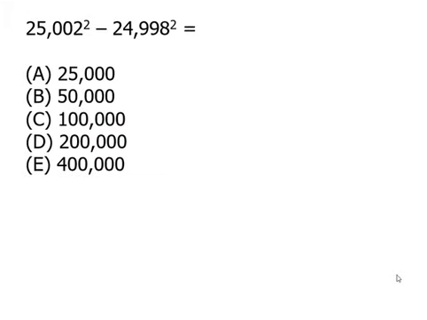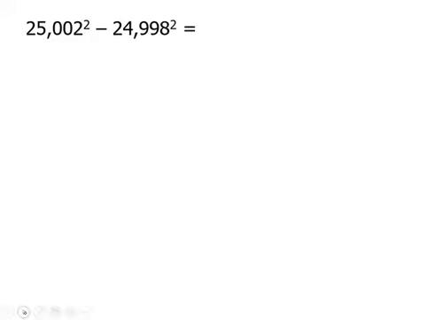So here we have really big numbers. It would be too hard to figure out these squares directly and then subtract them. So here's what we're going to do. We're going to think about this in terms of the difference of two squares pattern. Because of course we know that a squared minus b squared equals a plus b times a minus b. And so this is definitely going to equal